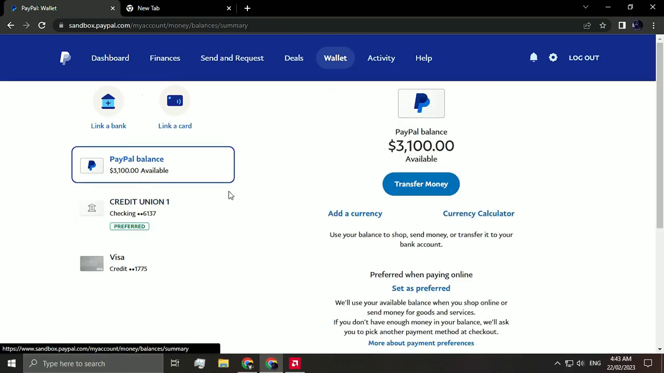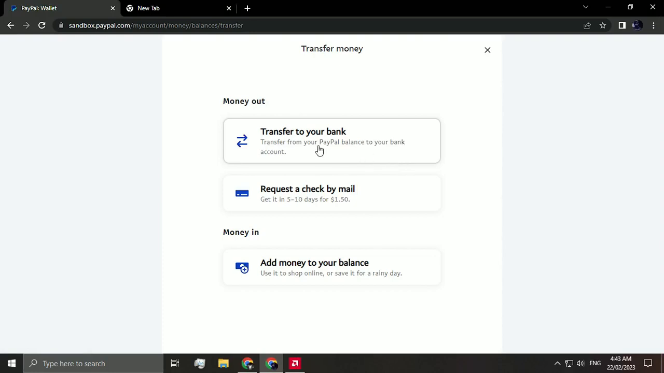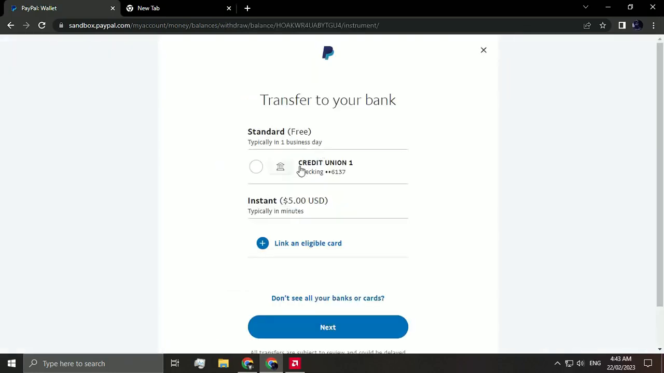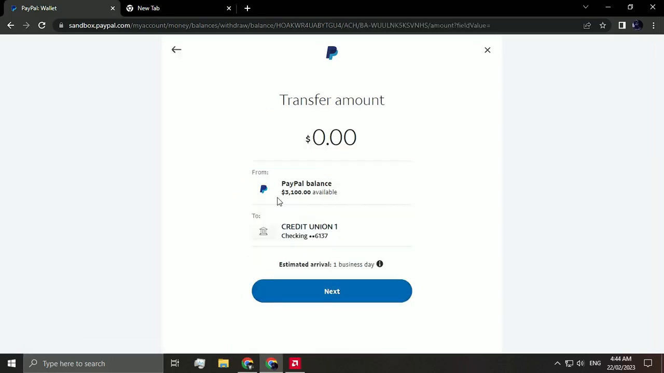So just hover the mouse to transfer money and click that, and then transfer to your bank. Make sure you're sending the money to the bank account that's already linked to your Skrill account, and then click next and enter the amount you want to send, for example